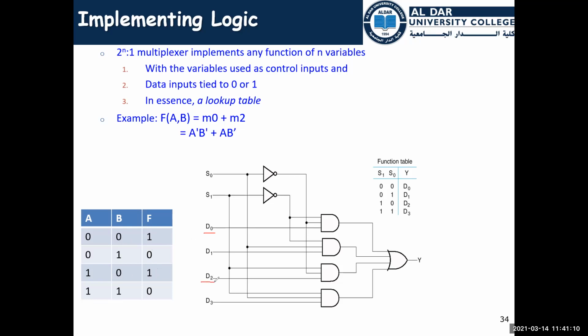I enable this one, so I connect this to logic one, and I connect this to logic one. This is 1, and this is 0. I connect this to 0, this to 0, and this to 1, and this to 1. Okay, and this way, D0 will be